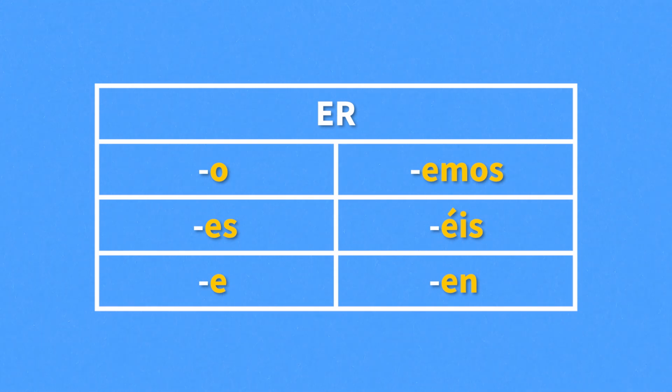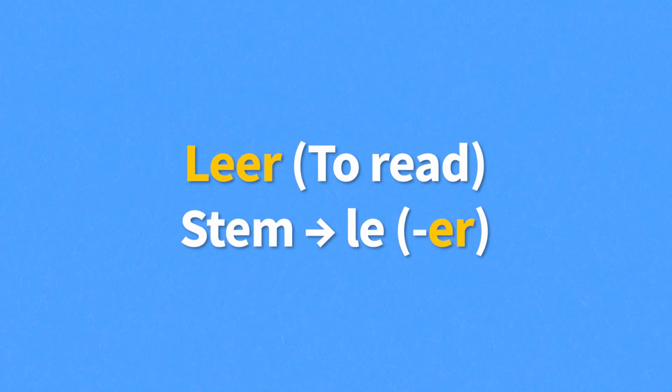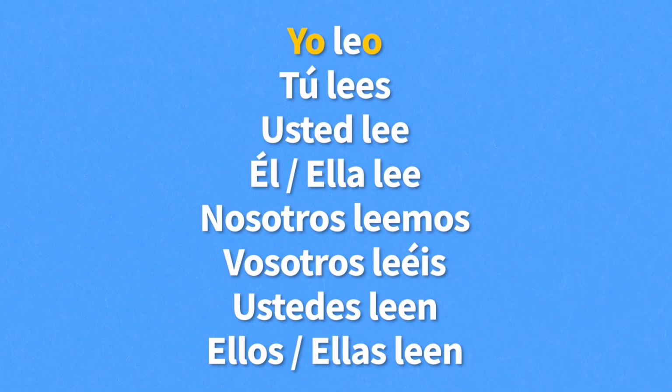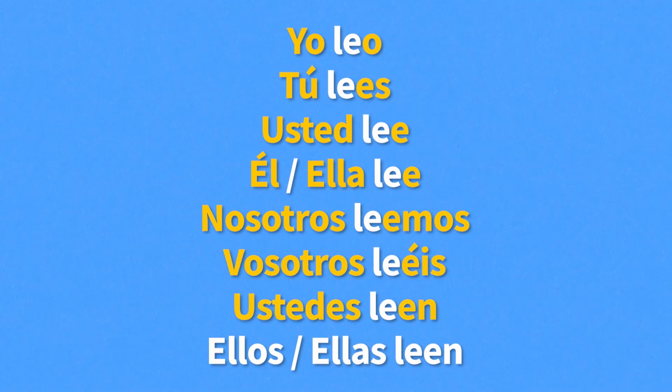Moving on to the ER verbs, this is the table to conjugate any ER regular verb. So let's check out the verb leer or to read. Remember, you take off the ER and add the appropriate endings to the stem. So, leer would be yo leo, tú lees, usted lee, él, ella lee, nosotros leemos, vosotros leéis, ustedes leen, ellos,